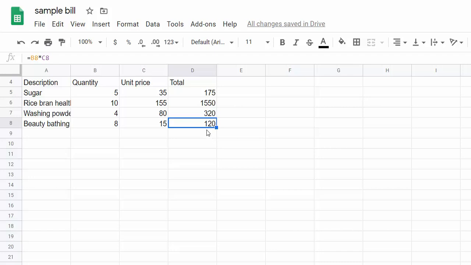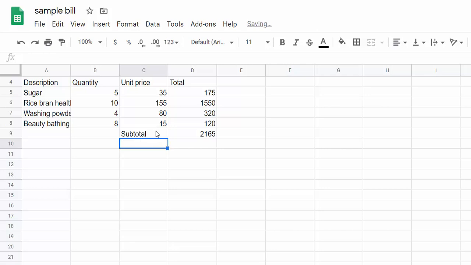Now next task is to calculate the summation. To calculate the sum of all this, you will say equal to this plus this plus this. But this is a bad idea because we have a ready-made function to do the operation on multiple cells, and that is SUM, into bracket, this range, press shift key and select the range, and total bill is 2165. So I will say this is subtotal.